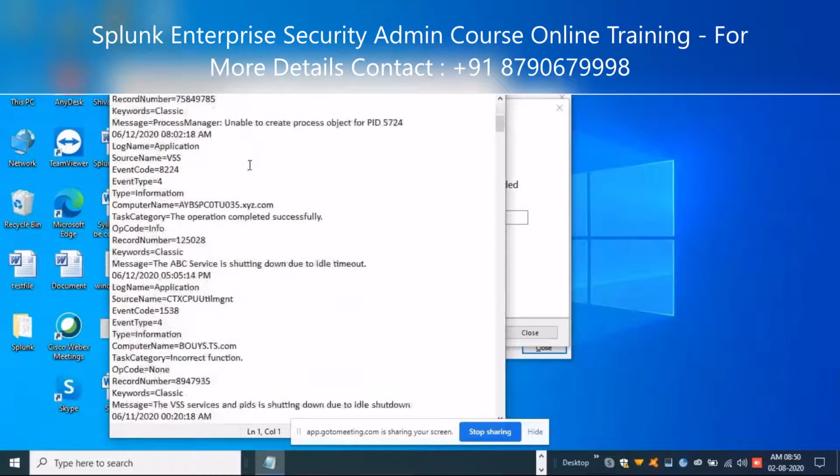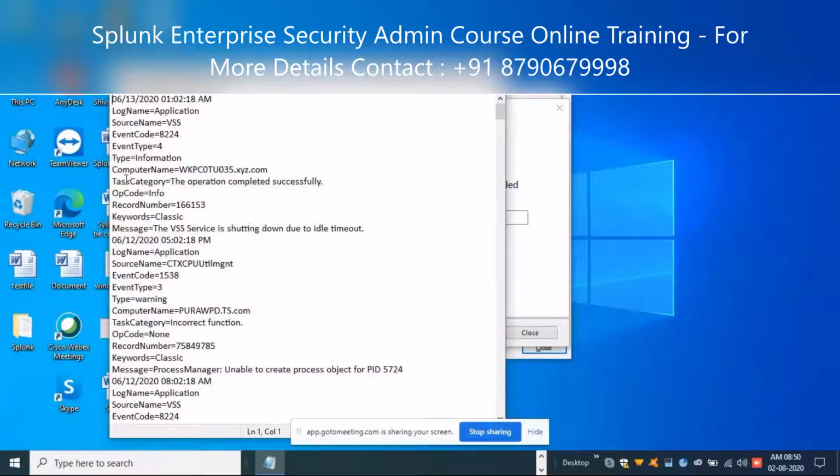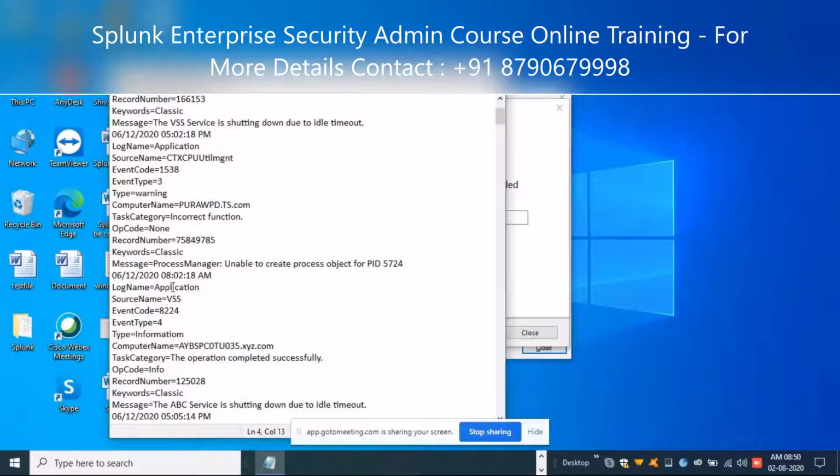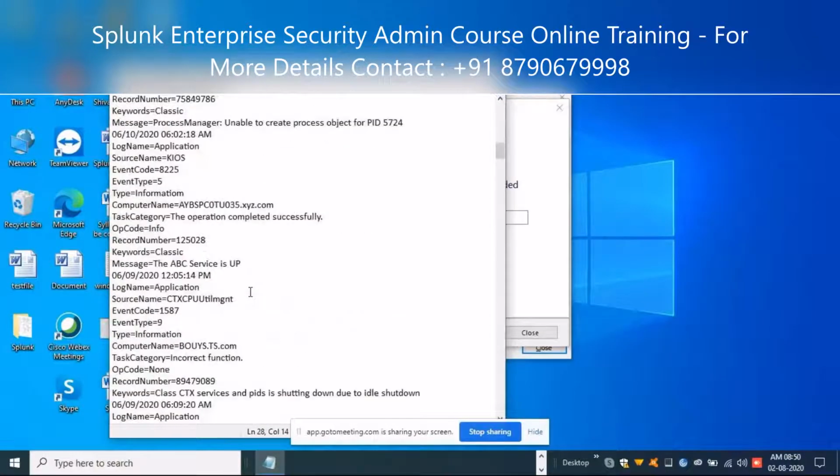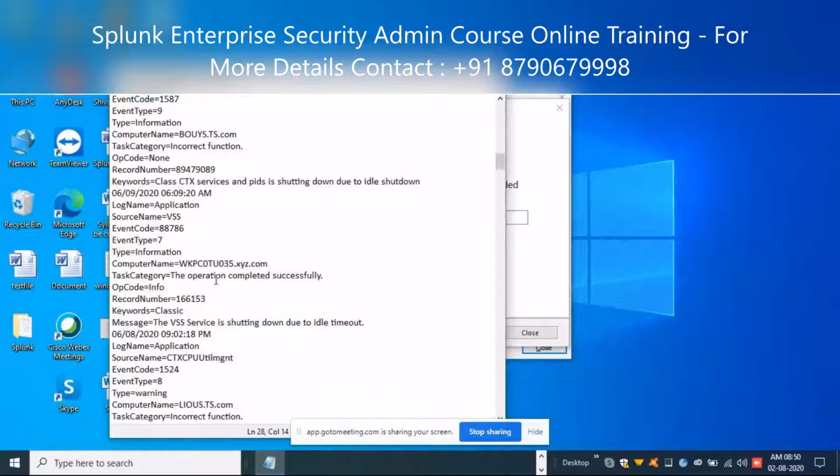Okay, these are my win event logs. Here if you see, my event code is 8224. And everything I'm having, 8224 as my event code. And here, if you see, the event code is 88786, something like that.